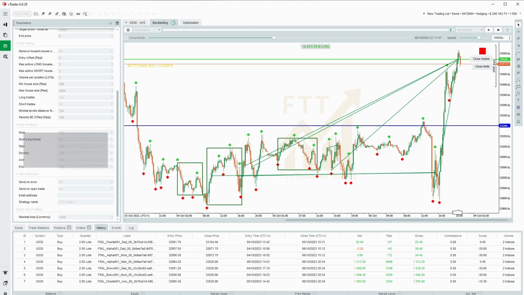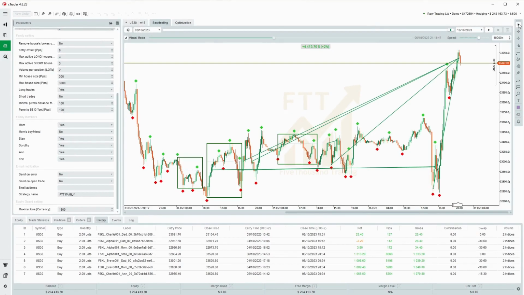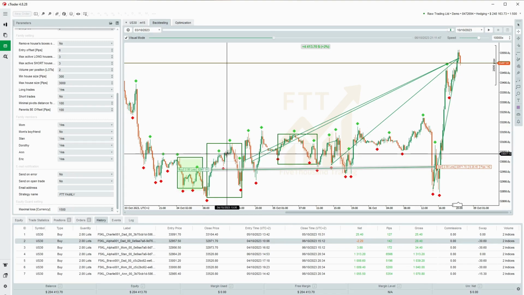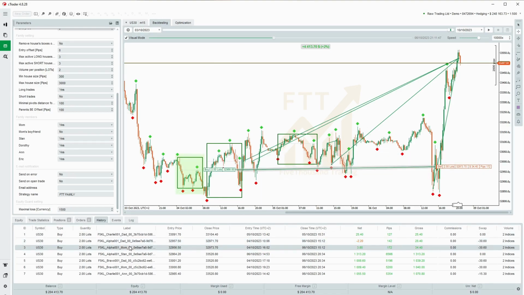In this strategy we have deactivated the boyfriend position. The individual positions can be disabled in the settings. Each position represents a family member. In the alpha house, Dad was the first to open. The price went up, and then Mom got in when the market made at least one full candle above Dad's entry price. Since we have Dad and Mom, the son Stan can open as another position in the bottom of